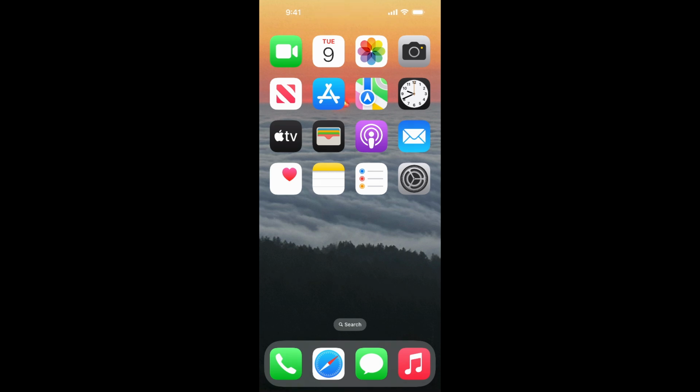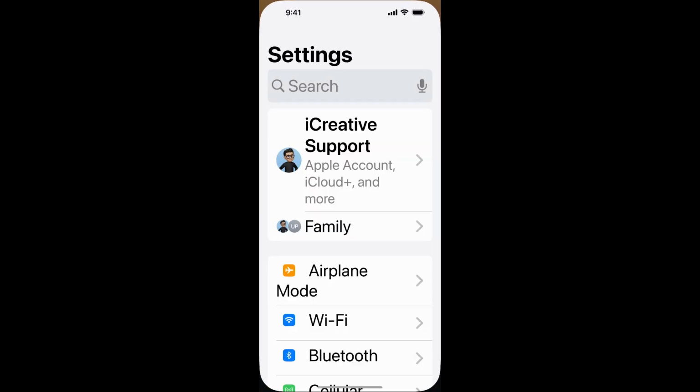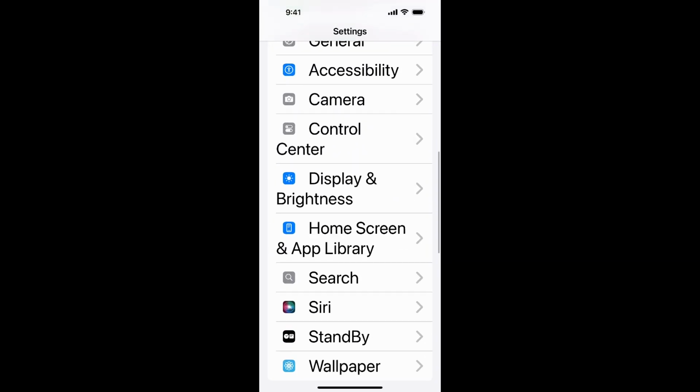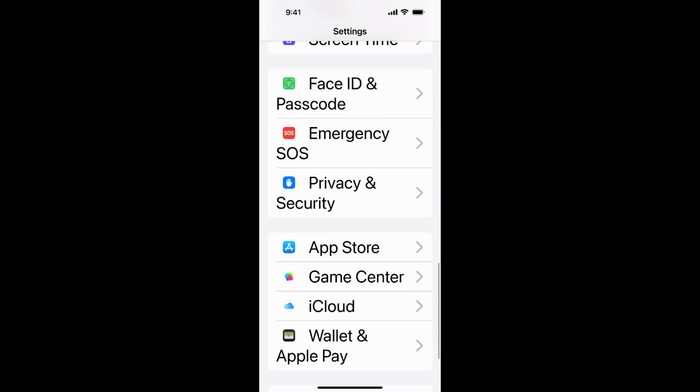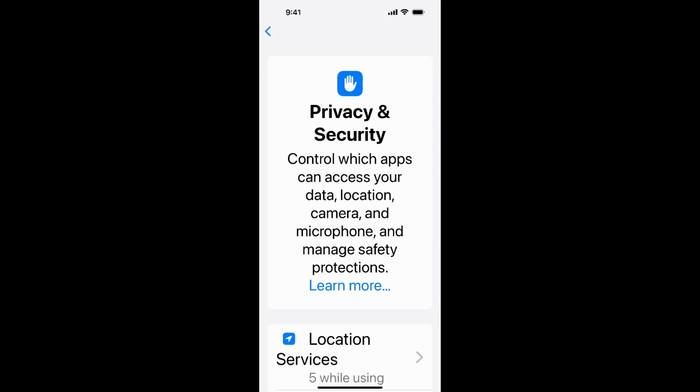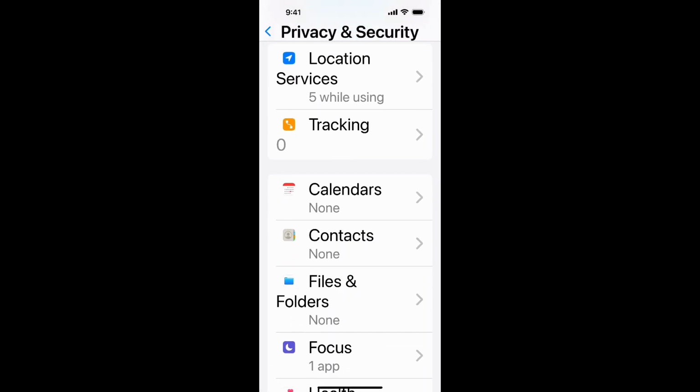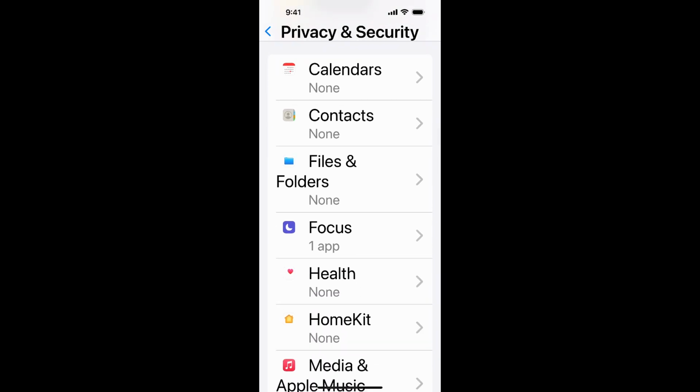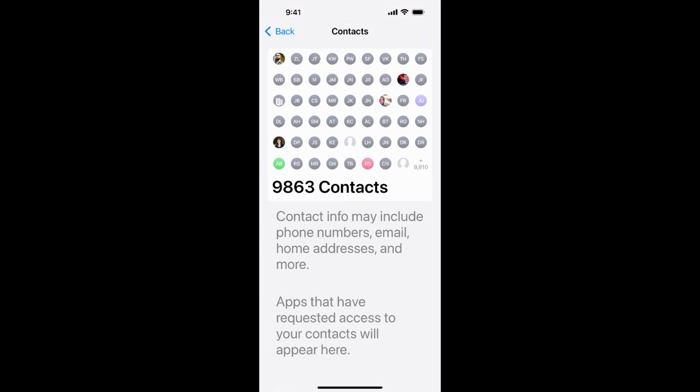The next thing that I think is interesting is they've made some changes to privacy and security settings in the Settings app. So if I open Settings and then scroll down to Privacy and Security, it now gives us an opportunity to see exactly which apps have access to all of these various bits of our personal information. So, as an example, I don't have any apps that are asking for access to my contacts or my calendars, but if I selected this contacts, it would show me all of the apps that are requiring access to the